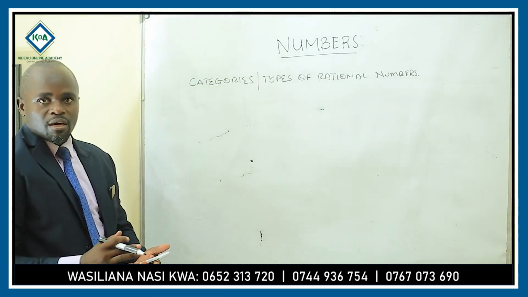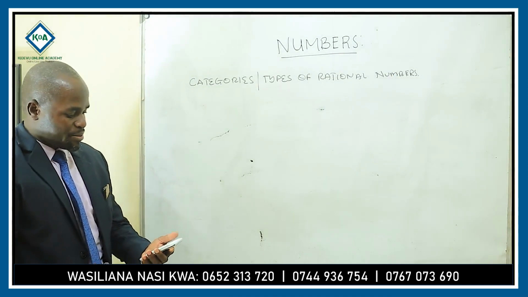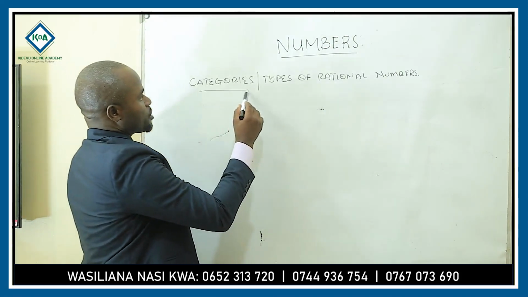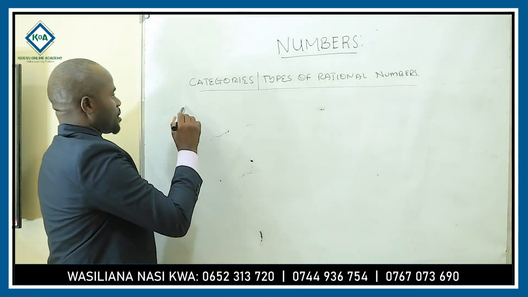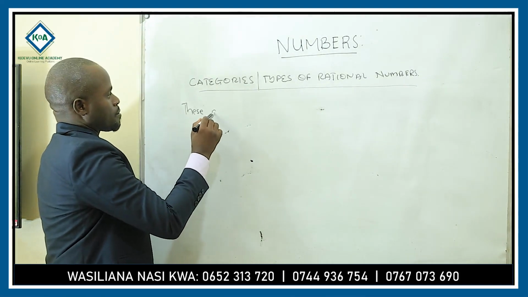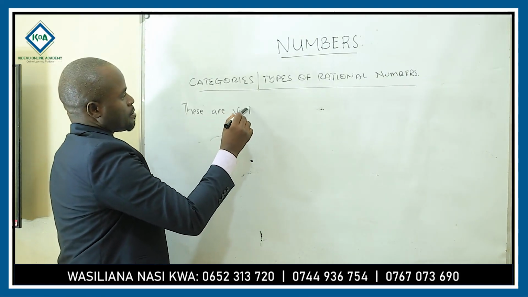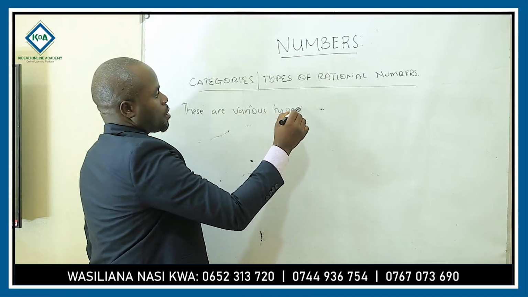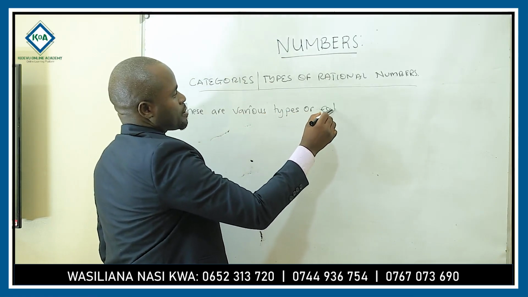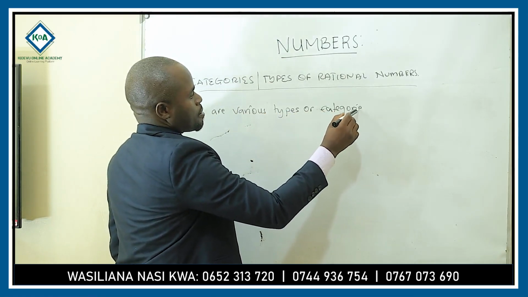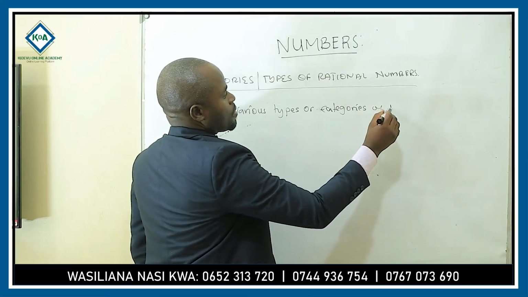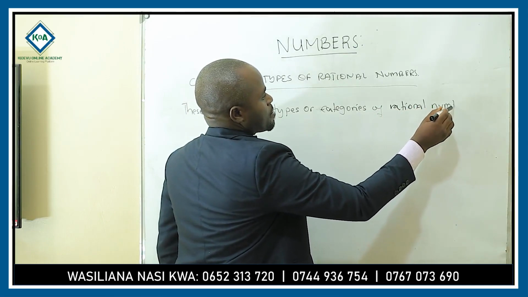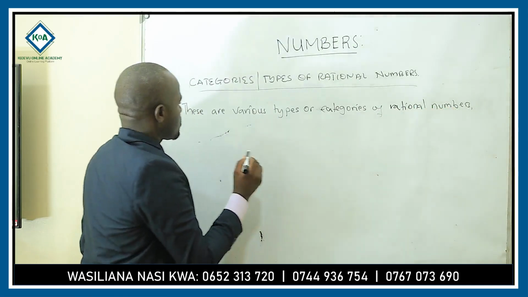We have varieties of, or different types of, rational numbers. So here there are various types or categories of rational numbers. These are,